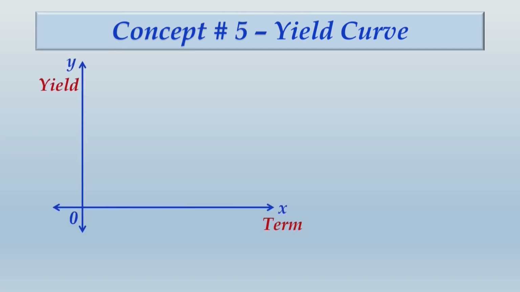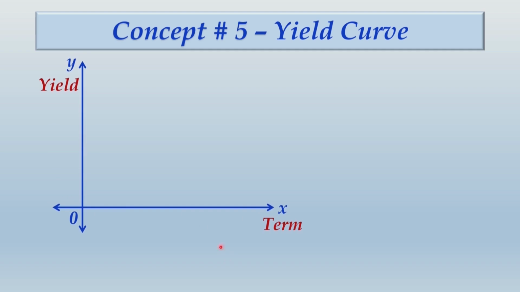graphically. So you can see graphically on the x-axis we have taken the term. This I am just writing as term. It is basically term remaining for maturity. This y-axis indicates the yield rate offered by the bond. We are simply calling this as yield. So as we discussed some time back, the longer the remaining term for the maturity, the higher would be the yield rate offered by the bond.